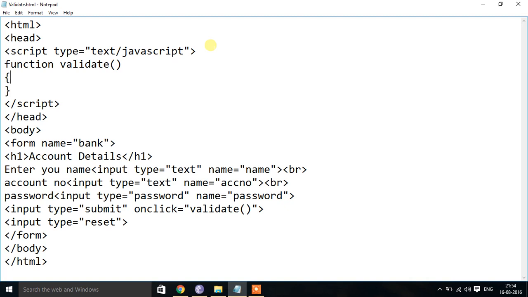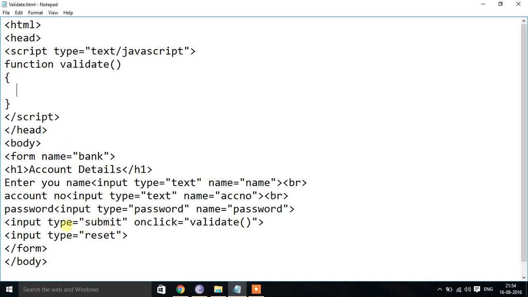So whenever I am clicking on the submit button, it should call the function called validate using an event called onClick. Now I can go here and write some logic so that I can retrieve name and the password from the form and display it to the user. I will be creating a variable called name, which I am going to get from this form.